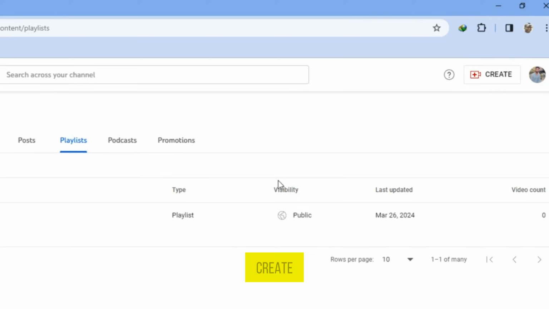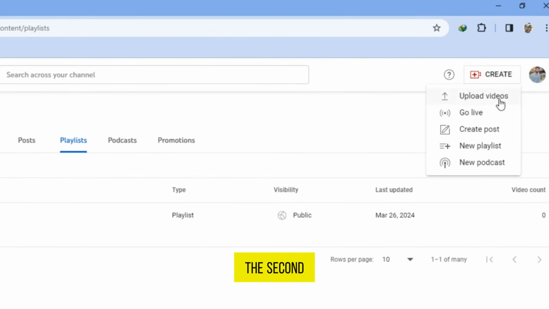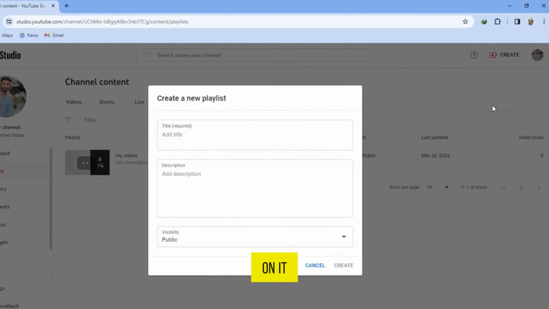Tap on the option Create, which is just next to your profile icon. And on the 2nd and last number, you can see the option for a new playlist. Tap on it,